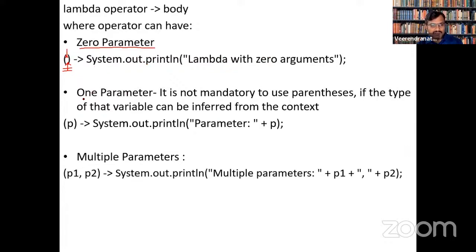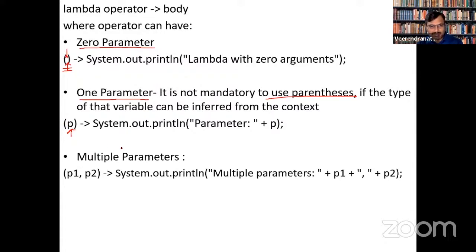Then we have one parameter. You can have a single parameter over here. For that single parameter, it is not mandatory to use parentheses, but it is always recommended. As a real time expert, I'm saying it is always better to use parentheses, which will be more readable.